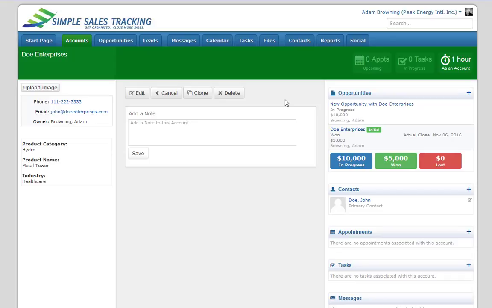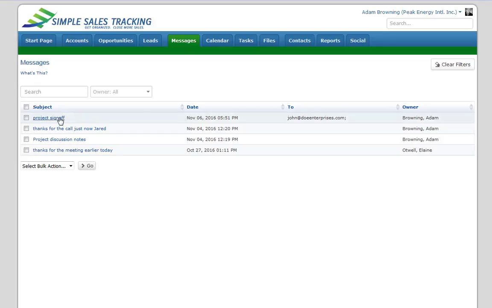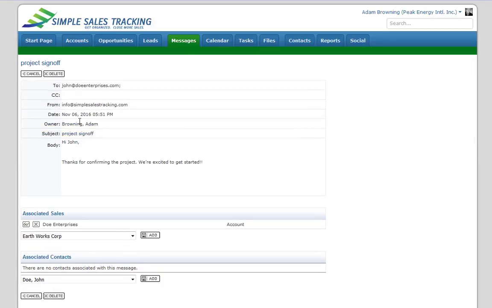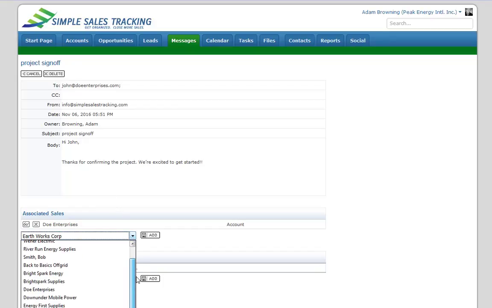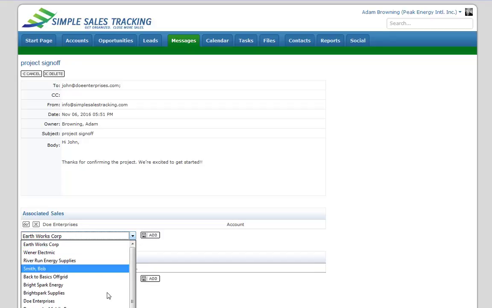Now that it's been sent, we can go over to the messages tab and we can see that it's turned up in our list. So we can click on that and see, okay, here's the email that was sent, and we can see who it was sent to, when it was sent. From here you can also see that the email was already associated to Doe Enterprises, and that was all done automatically. If it didn't recognize the email, say for example John had an alternate email address you'd sent to, and so it didn't link it up for you automatically, you can actually choose other sales and link them manually as well,